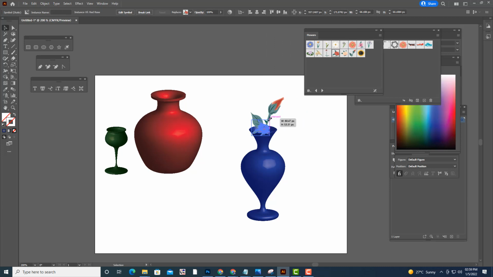Okay, see, and we'll add one more. So you can keep it here. Okay, and lastly we'll add one last two flowers.